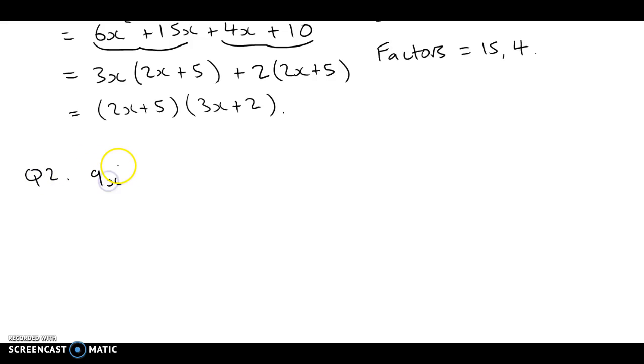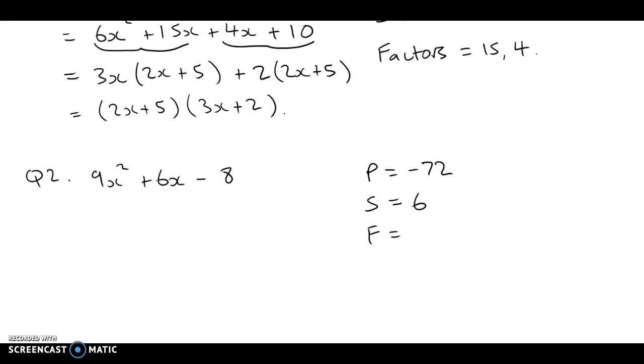9x squared plus 6x minus 8. First step, let's do our PSF. Now, product we're looking for is 9 times minus 8. Remember that minus sign in front of the 8 applies to the 8. So 9 times minus 8 will give us minus 72. Sum we're looking for 6. And the factors we want are 12 and negative 6, because 12 times negative 6 gives us minus 72, and 12 plus minus 6 will give us